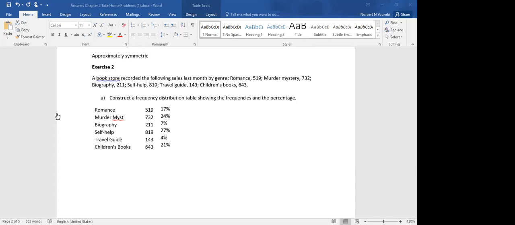The next question will be the pie chart. Insert pie. And I like this one because it gives you both. It gives you the percentages. Or you can choose